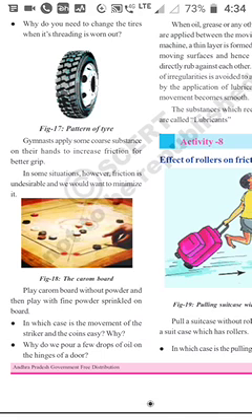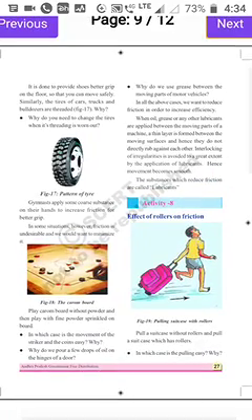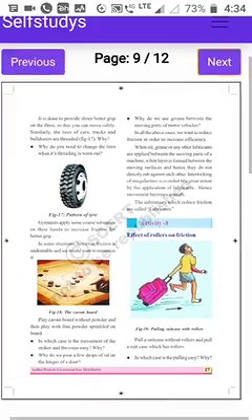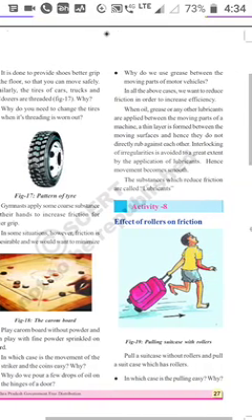Why do we pour a few drops of oil on the hinge of a door? You have to observe. We all know, we all sense that. Without powder, the striker also won't move very easily. When we keep some powder on the carom board, then the coins and the striker move very freely. Why do we use grease between the moving parts of motor vehicles? To move very freely without getting the noise. Most important point, without getting the noise, we are using the grease.